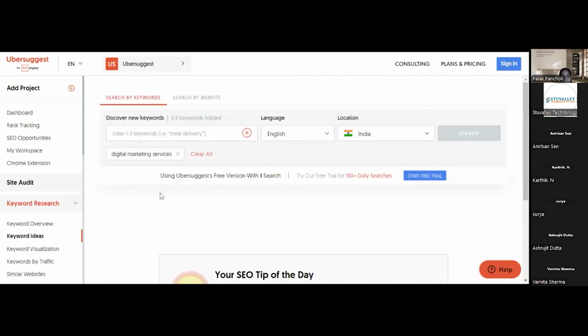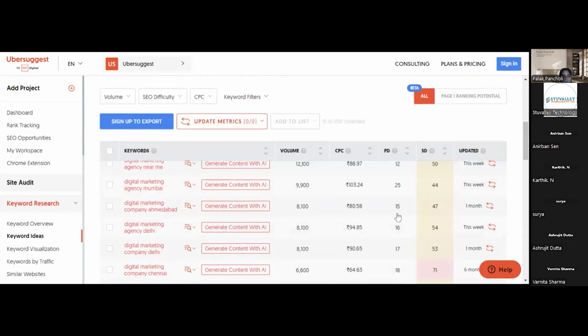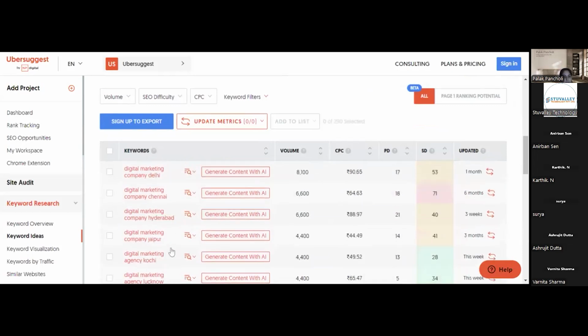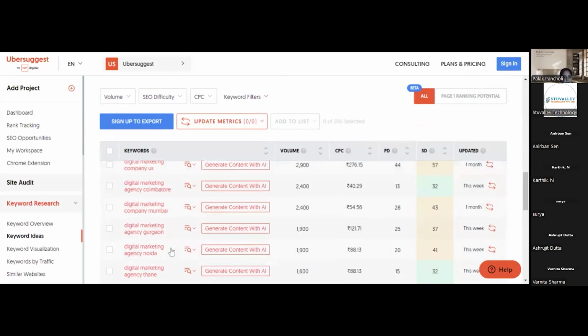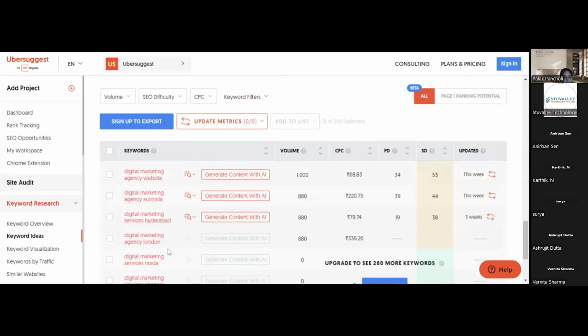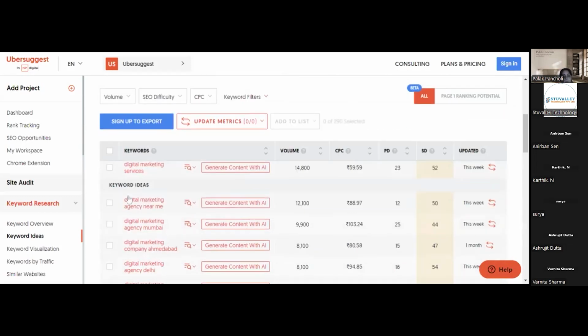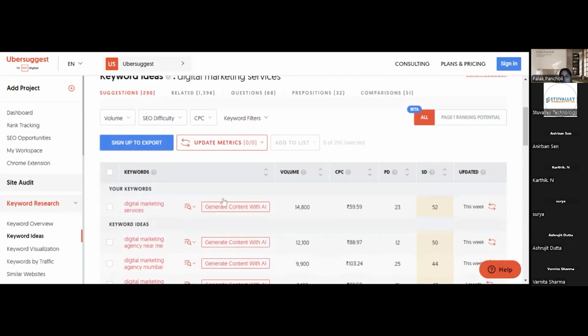289, it is like this, right? So digital marketing agency Mumbai, digital marketing company Ahmedabad. This is all based on a location. A digital marketing agency near me. Okay, and if we